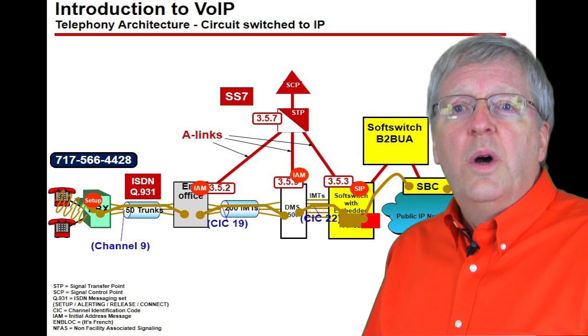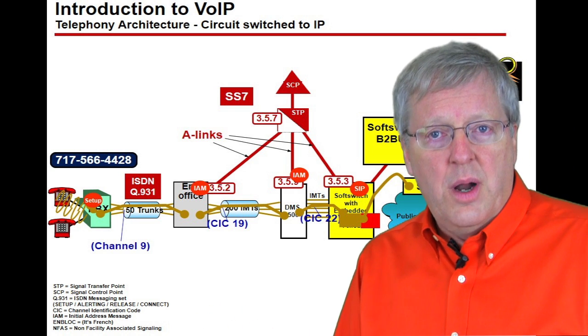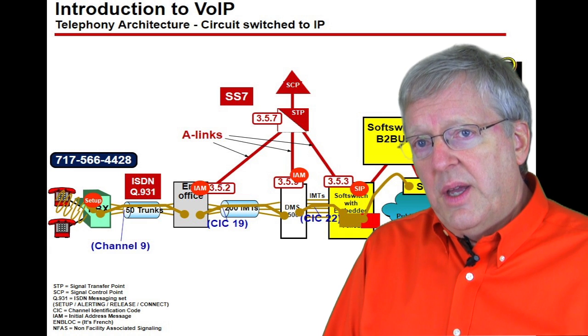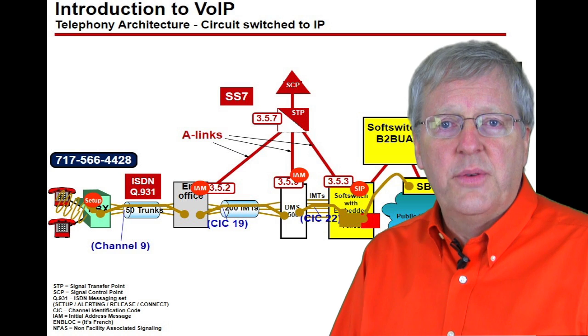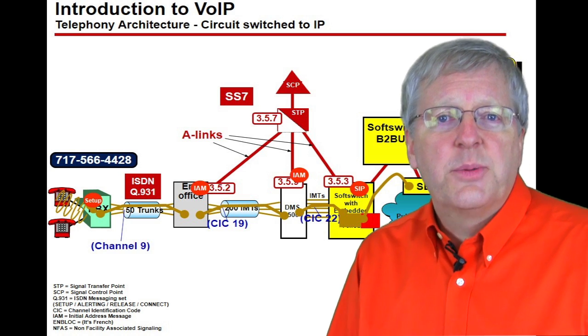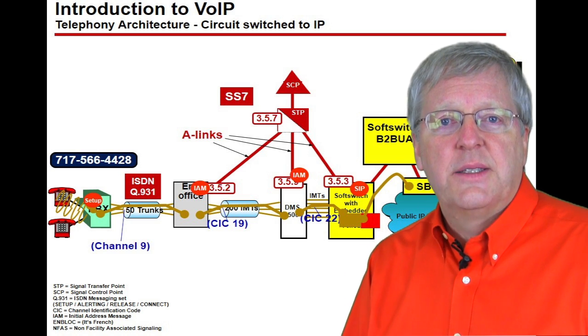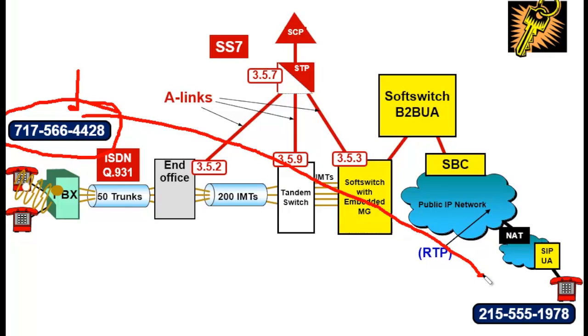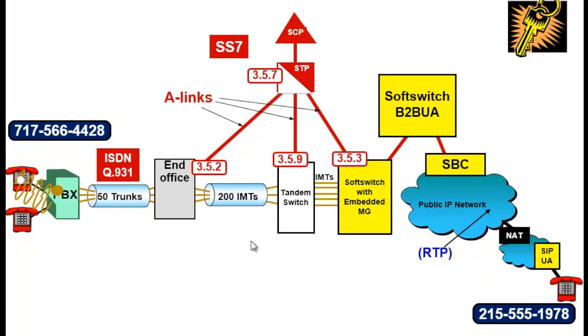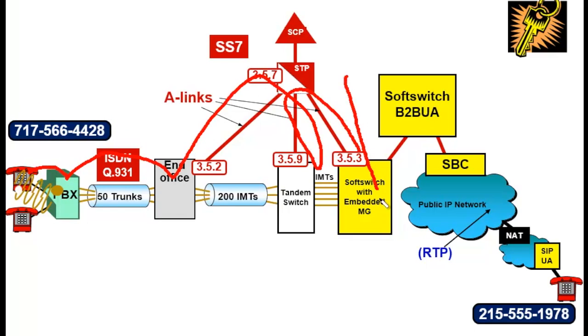Now, this is one of many that we use to describe interoperability. This is an example of a SIP call setup that's interoperating into the public switch telephone network. Let me explain this one just like I would if we were in class. Our A party, which is originating from 717-566-4428, is calling 215-555-1978. Ultimately, the call setup is going to be hopping across this path where this portion, at least that far,